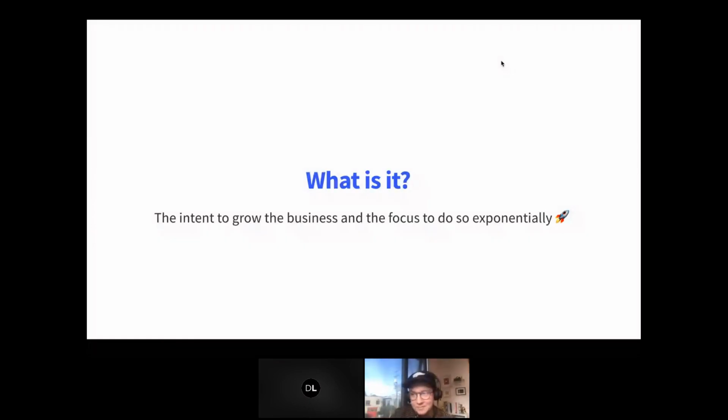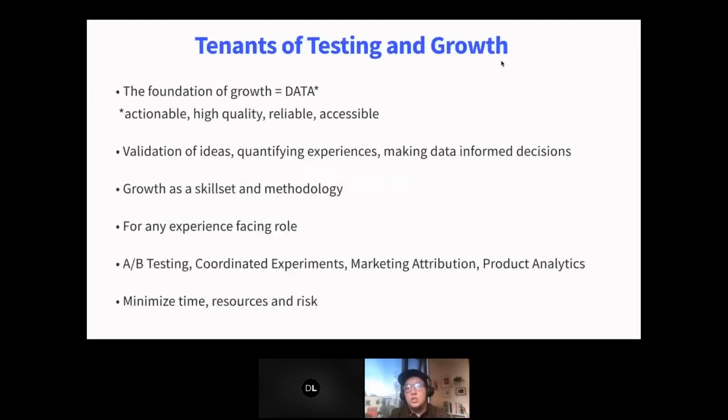But growth design is really just about the intention to grow the business and to do so in a focused way. So everybody has this goal, especially if you work at a startup, but that doesn't go away once you're a publicly traded company or a huge enterprise. Everybody is working towards that same goal of growing the business. It doesn't always even have to be growth as revenue, but there's some element of growth at any group or team. And so everybody really has the capacity to steward growth design.